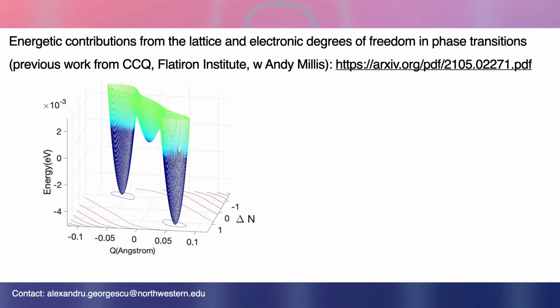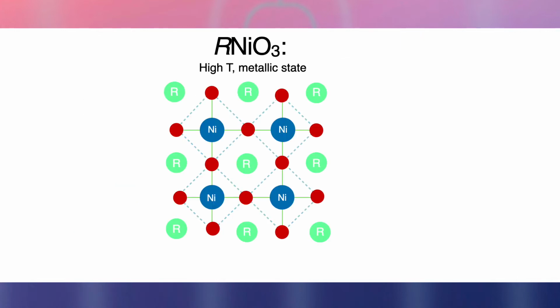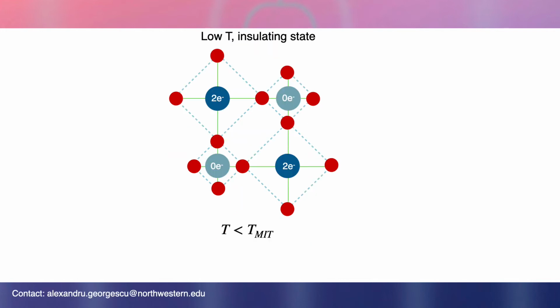Now I'll discuss how to disentangle the role of the electronic and lattice degrees of freedom in a phase transition, specifically in this case for MIT materials. Now let's take a look at the rare earth nickelates, which show a metal insulator transition as a function of temperature. Going back to the insulating state of an MIT material, in this case a rare earth nickelate with a